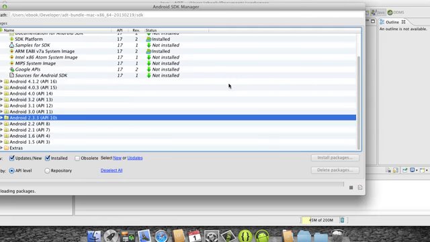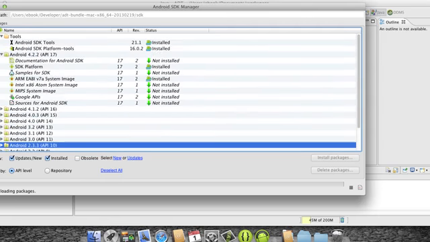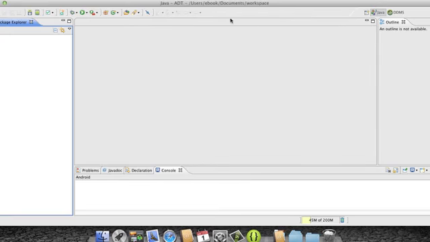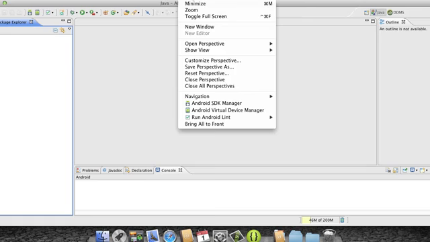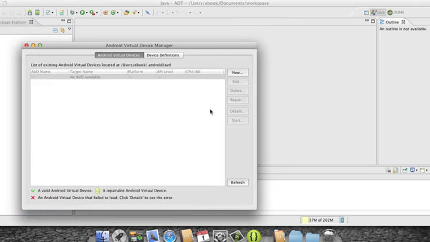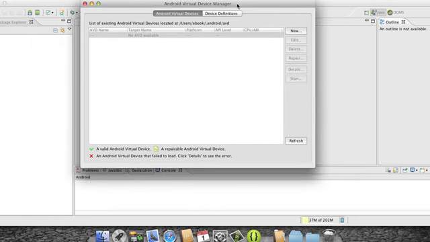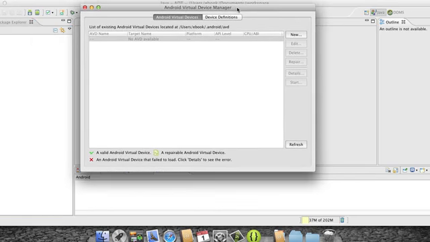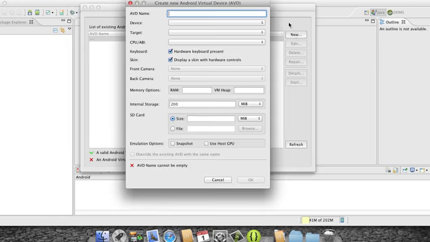So then the next step, and really the last step for an install using this new ADT bundle, is to go to Window and then Virtual Device Manager. Because in order to run on the emulator, you need to have a virtual device installed. Right now there's no AVD available. So we'll click New, and we can just call this Level 17 or whatever we want to call it, just so that we know